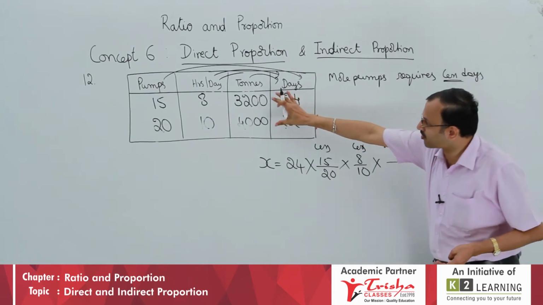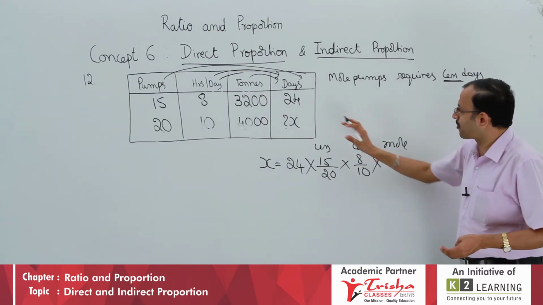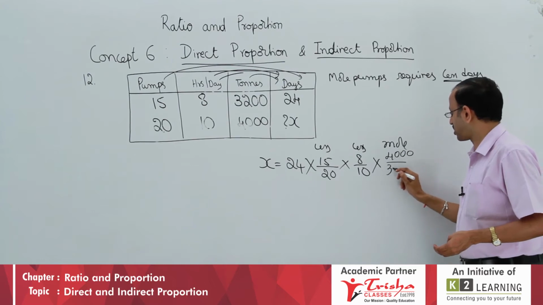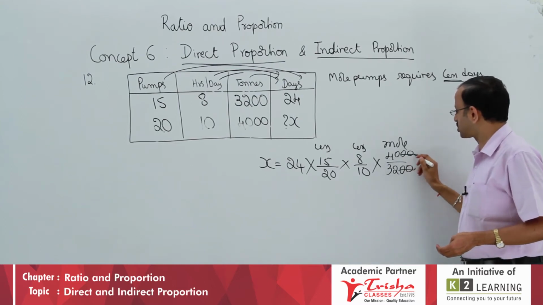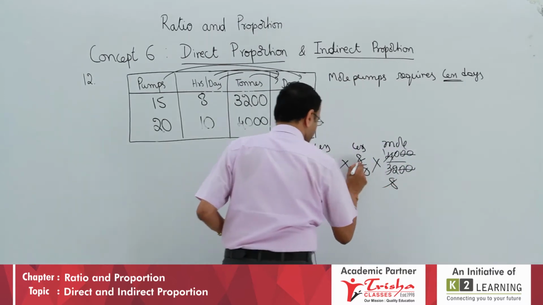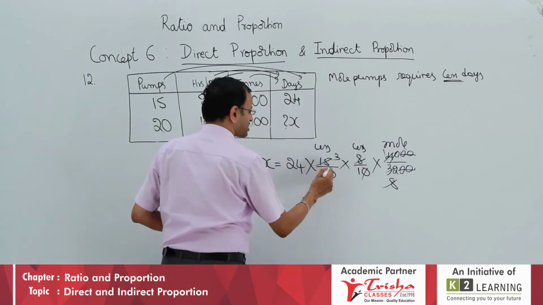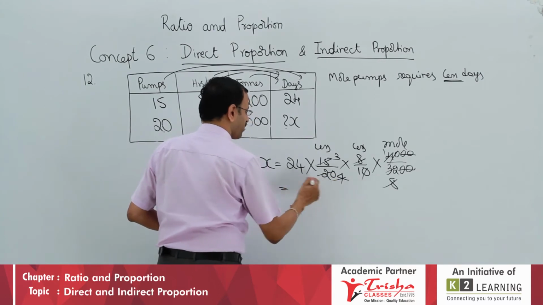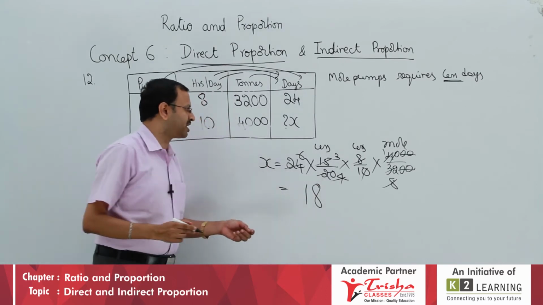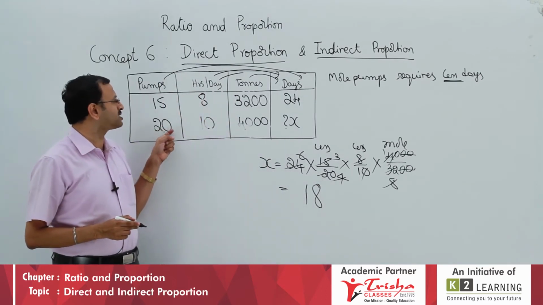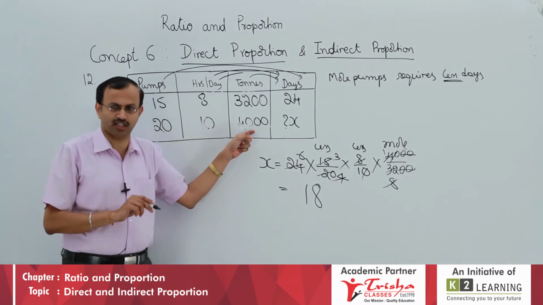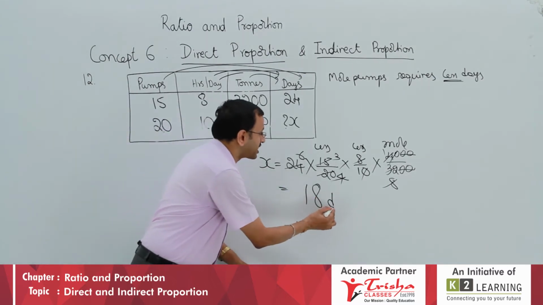Therefore, students, can you answer which is more in these two? Among these two, more is 4000 by 3200. Zeros cancel, 0 0 cancel. 4 ones are 4, 4 eights are 8, 8 cancel. So 5 threes are 15, 5 fours are 4, so last answer, 6 threes are 18. Finally, 20 pumps working 10 hours per day to lift 4000 tons of water require 18 days.